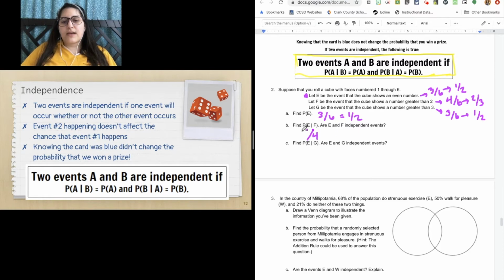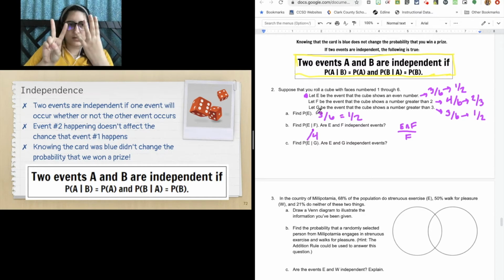right? And then with the definition of conditional, remember we're looking for E and F divided by F, right? So F, there's 4 options for F, which is why it's down there on the bottom of the numerator, that number 4. And then we need to think, okay, E and F is both of these events happening together. So how many even numbers are there that are greater than 2? Well, there's 4 and there's 6, right? So 2 values there, 2 possible values. So I get 2 out of 4 here. And if I reduce this, I get